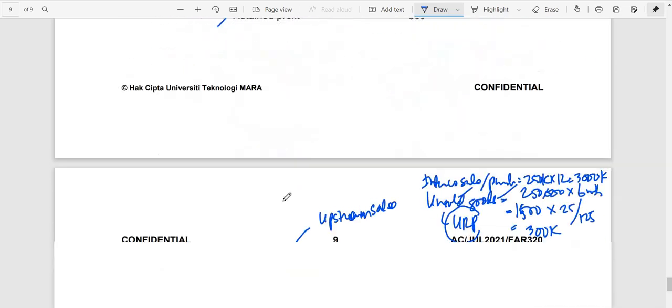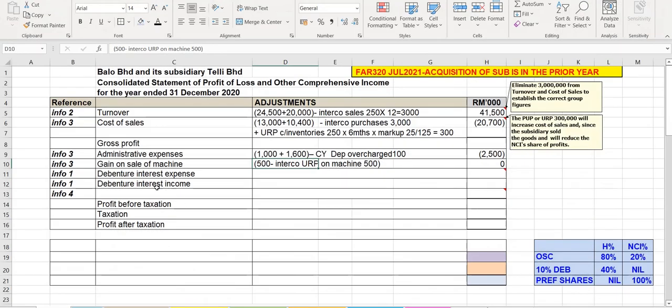So what we are going to do is in the consolidation, you will see that you will create one row here. So I create dividend income right after the debenture interest income, dividend income, or this is investment income from dividend. And what you have received would be 480. And that 480, how do you arrive at that figure? That would be,